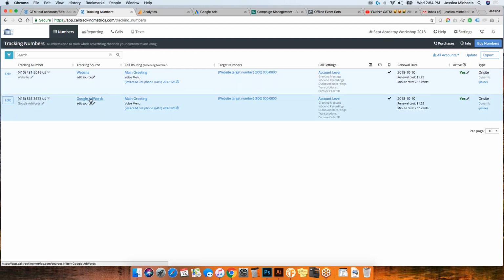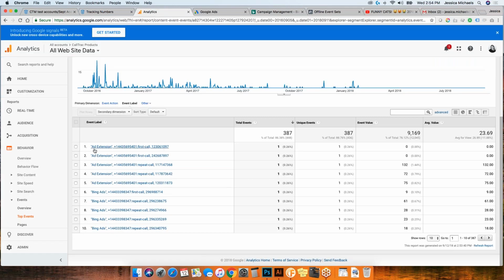You don't have to name it exactly the same as the tracking source, but again, there's no reason why you wouldn't, so it's really up to you. But know that when you're looking at the event label, this actual label here is the physical label of the tracking number. This is going to be the tracking number that was dialed. And then it's going to report on whether or not this was a first time or repeat caller. And then lastly, this is the unique call identifier.